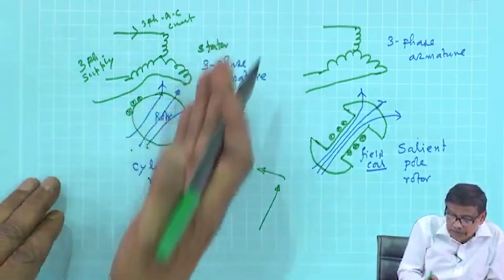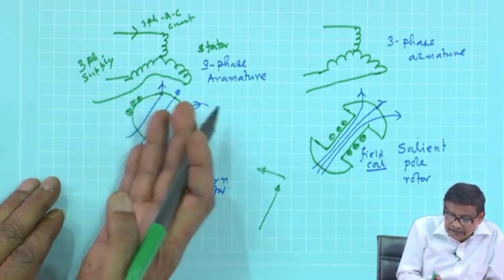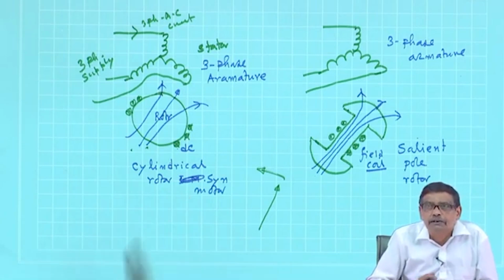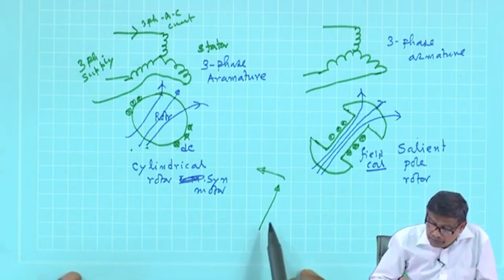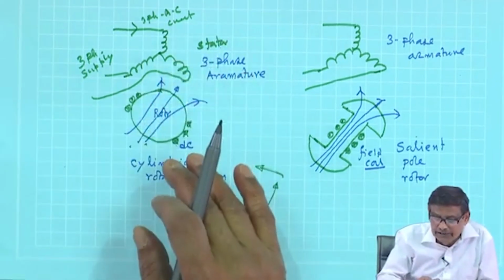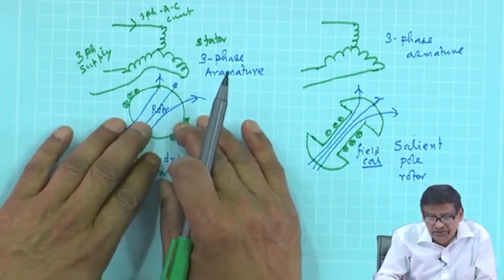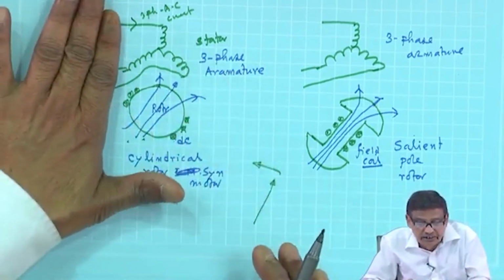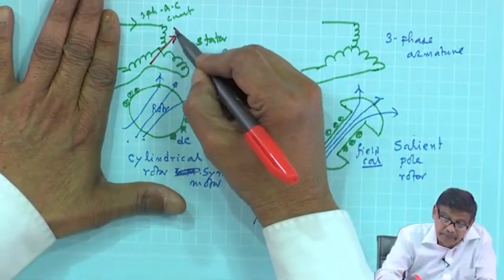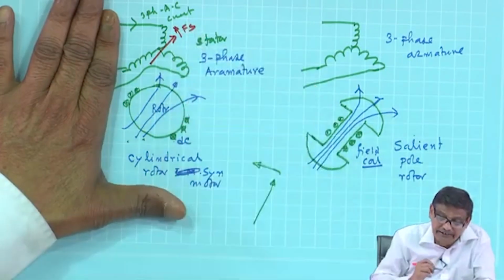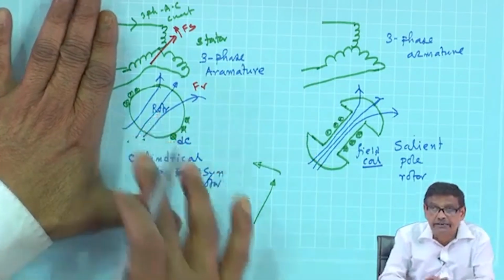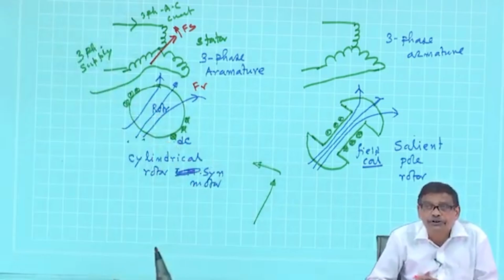It will produce poles like this, but if it is stationary, it will not be a rotating field, it will remain stationary. Therefore, suppose somebody says, I want to operate this as a motor. Synchronous motor has got the rotor stationary, I will excite the stator with 3-phase winding, a rotating field results. Stator field is excited, rotor field is also there, rotor is stationary, I have excited it with DC current. Will it produce torque? No,